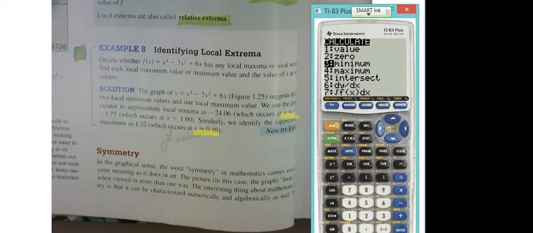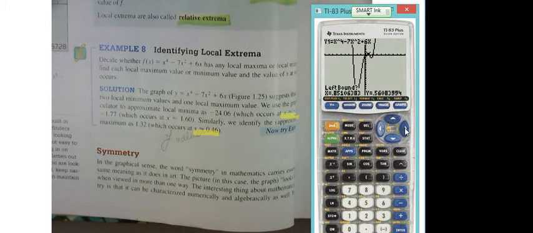Alright, so what did we say that was, a minimum? So another minimum, left bound, a little bit to the left of the minimum value, a little bit to the right of the minimum value, and then we guess. And that's 1.6, and guess what? The textbook says there's a 1.6. Any questions on that? That is example